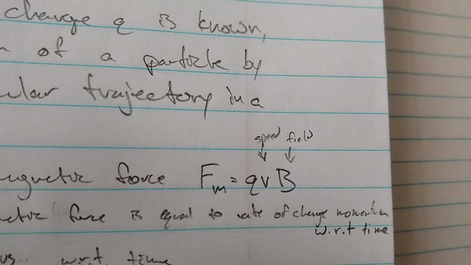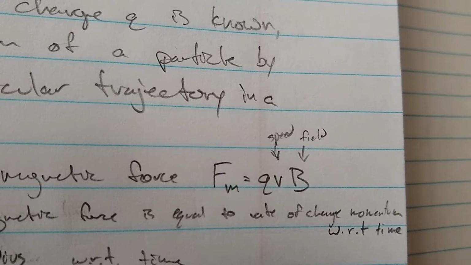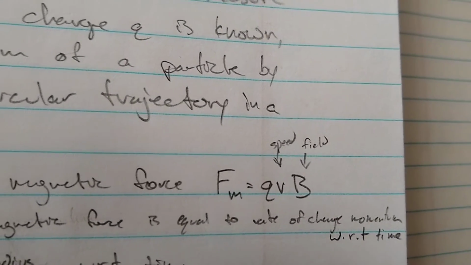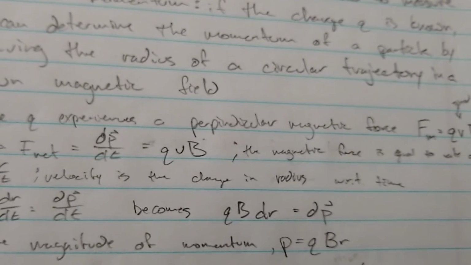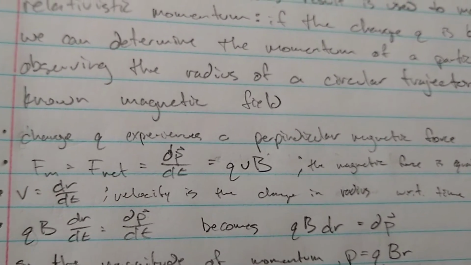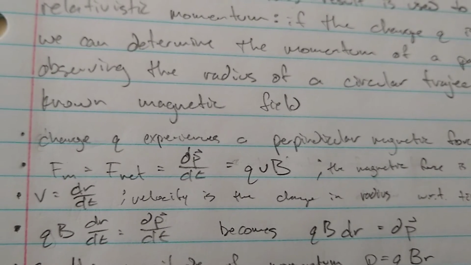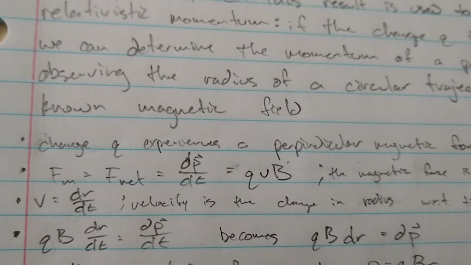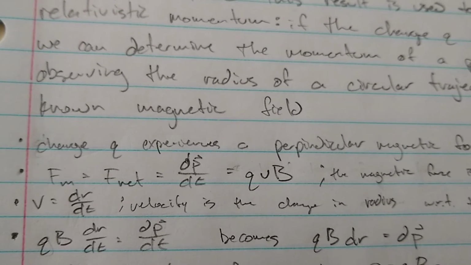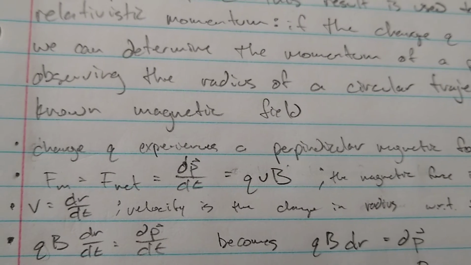You have your magnetic force equals the charge times the velocity times the magnetic field, and the only force in this setup we're concerned with is the force of the magnetic field. So that's F net,